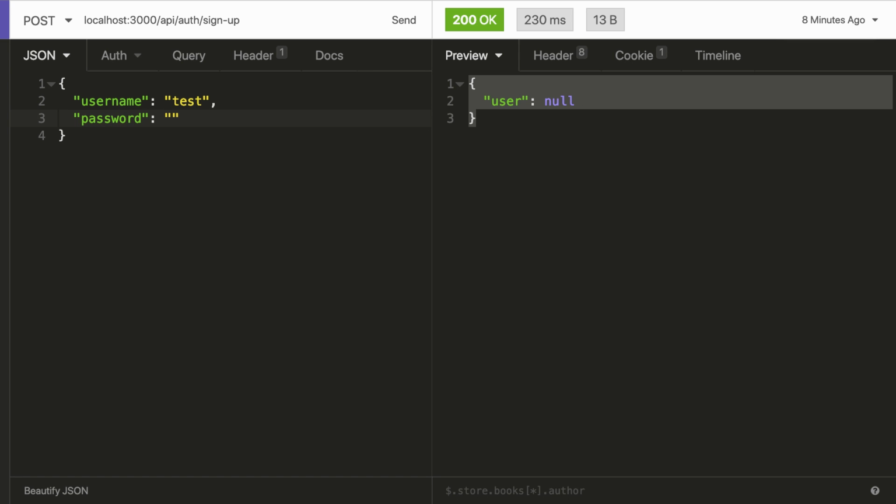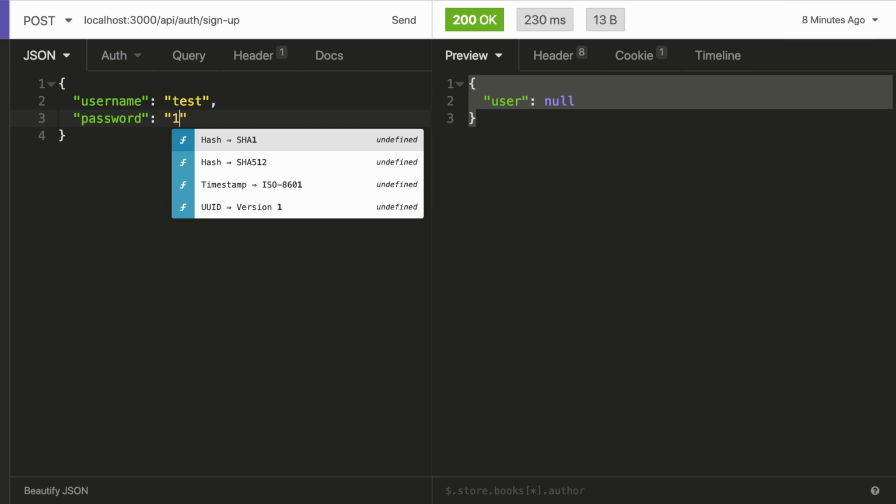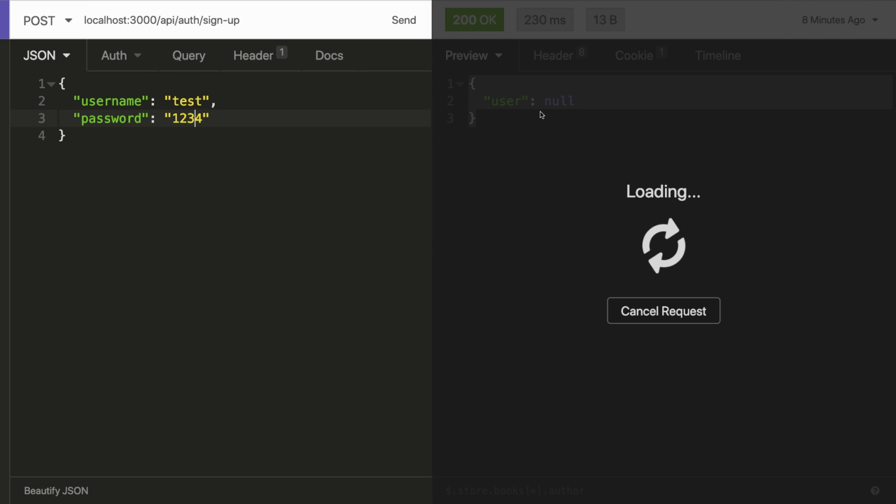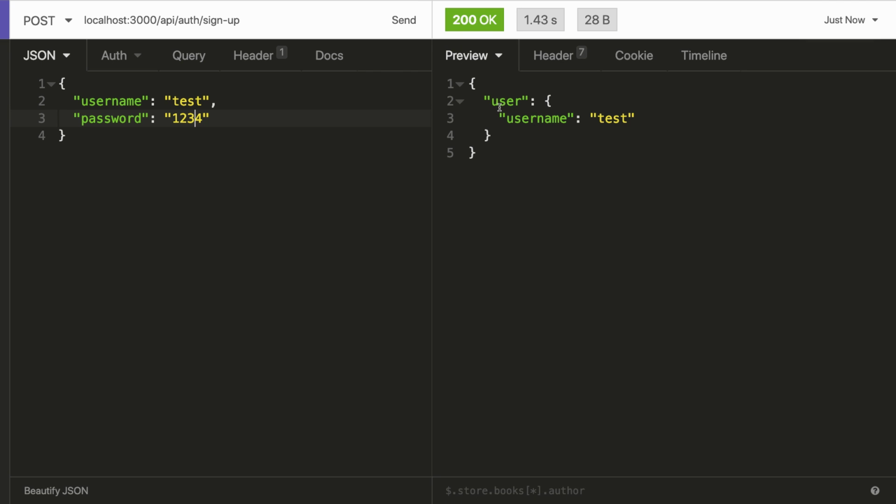And this is just going to be a really bad password. For now, it's going to be 1234. So this is a really bad password. And after that, I can send this request. Let's go ahead, and there we have